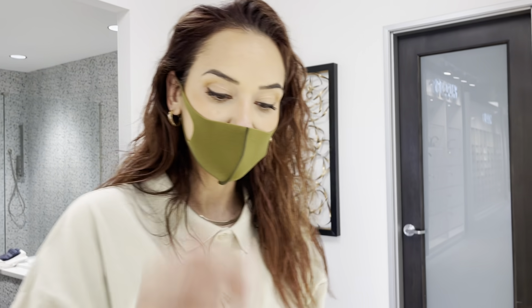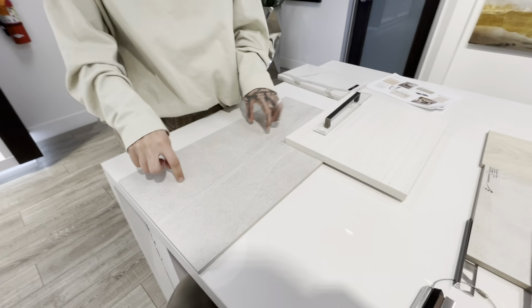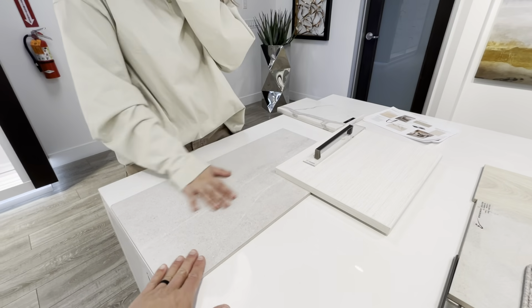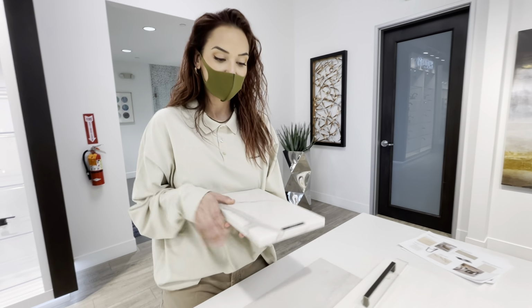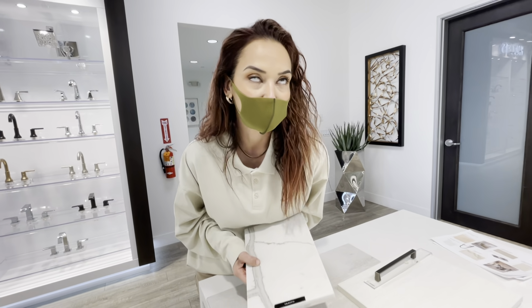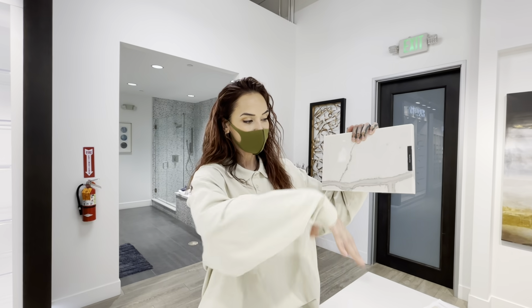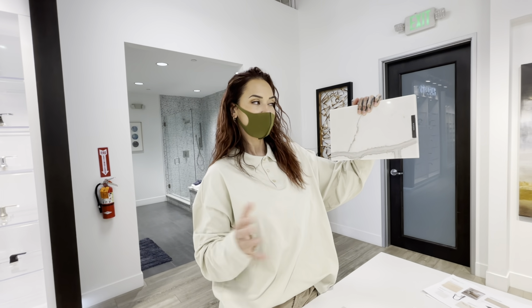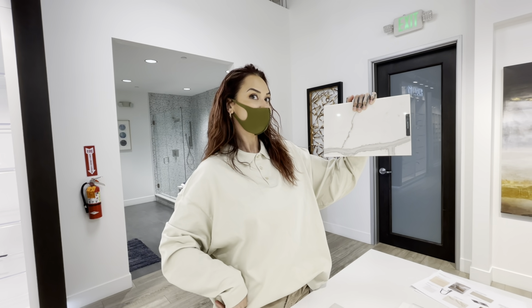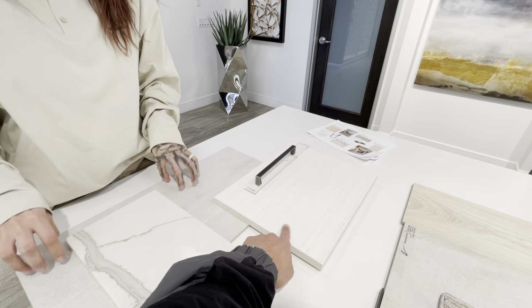So throughout the house, this is going to be our floor. I know it's hard to tell, but imagine this all over our floor, minus the bedrooms. I like it. It looks clean. This Calcutta, I didn't know that's what that was called, is going to be our countertop. Just like this. And it's going to be the backsplash. So imagine the stove, backsplash, but then over here is the island. That looks clean. Do you like it? Okay. And then...